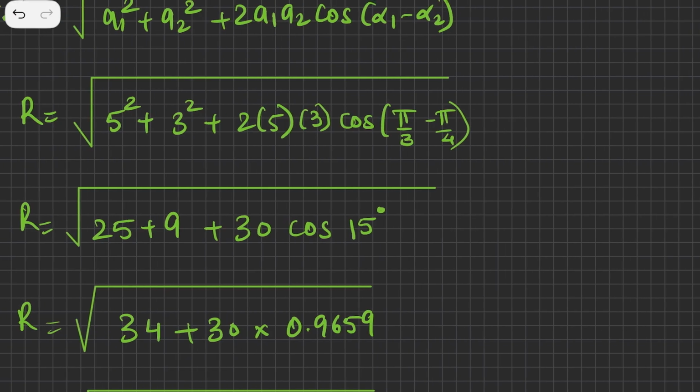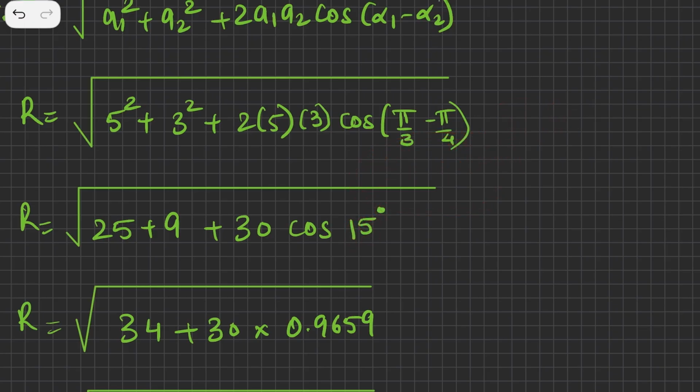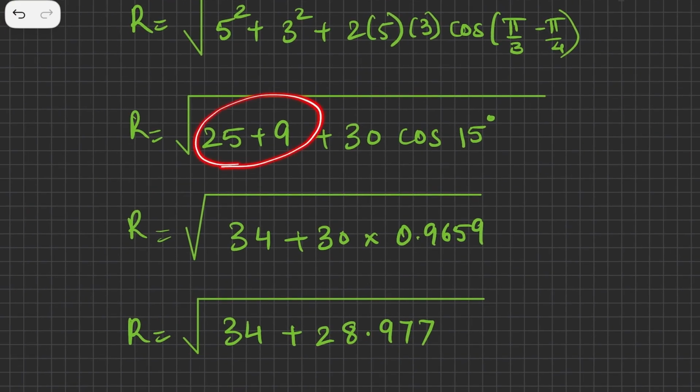Now this one: pi by 3 is basically 60 degrees, and pi by 4 is 45 degrees. So 60 minus 45 will give me 15 degrees. There are two things I have done over here: I have subtracted, as well as converted from radians to degrees. Now 25 plus 9 will give me 34, and cos 15 I'll have to look up from a cos table,